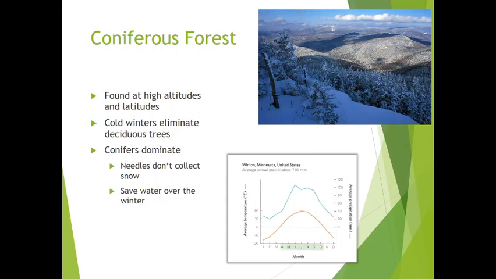So the cold winters eliminate the deciduous trees. If you think about why this is, it has to do with their short growing season. So this is in extreme northern Minnesota. Their growing season is really only April through October, whereas in other places where we find the temperate broadleaf forest, you'll see growing seasons from March through November. But the reason why pine trees, coniferous trees, will be able to dominate in these areas has to do with